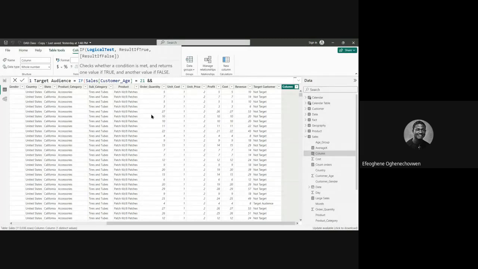Inspire, you asked this question the last time, all right? Why are we using the ampersand sign, and why is it double? This is the syntax if you want to make use of more conditions. The AND function is limiting us to 2, so we make use of the ampersand. All right, so if sales, the age, we're looking at the age range now, is equal to 21, and